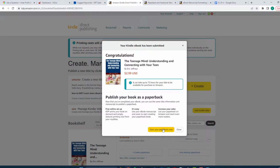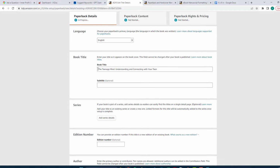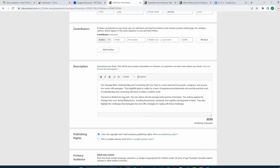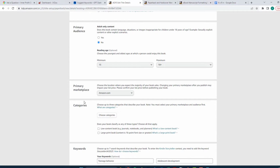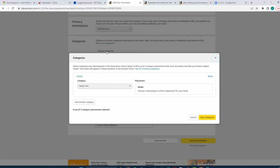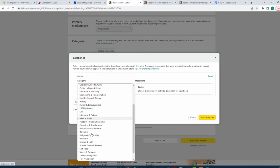So I'm going to go ahead and start my paperback of the same title. The title's already filled in. The author is already filled in. The description's already filled in. The publishing rights and the audience are already filled in. We do need to re-choose our categories because they do differ slightly between ebook and printed book, but they're pretty similar. So again, I'm going to look for parenting